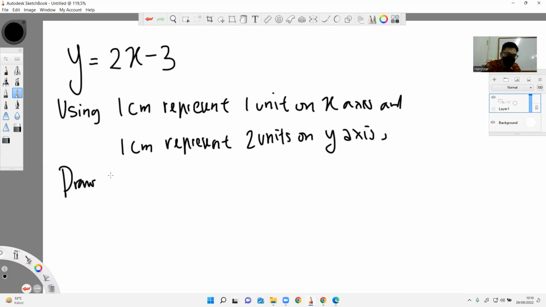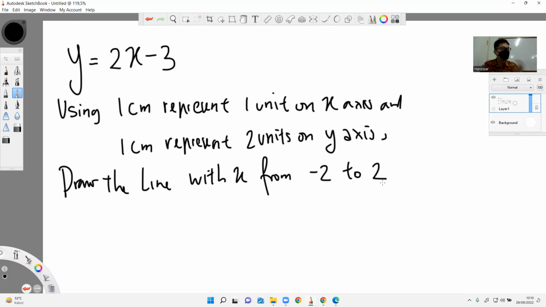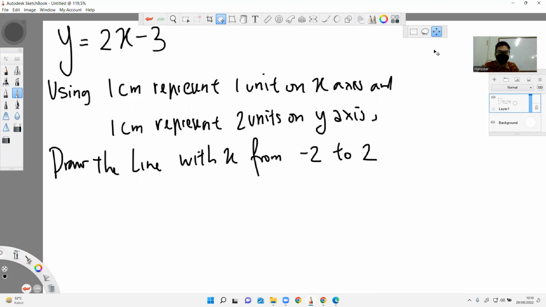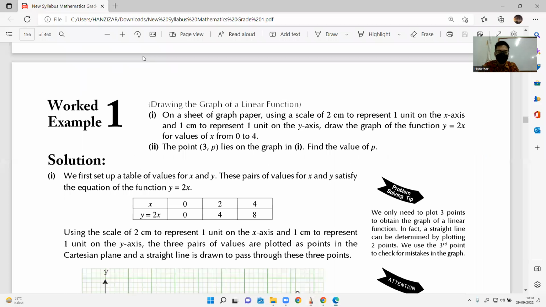Draw the line with x from -2 to 2. Okay, this is the question. I think you can see the question quite clearly: using 1 cm to represent 1 unit on the x-axis and 1 cm to represent 2 units on the y-axis, draw the line with x from -2 to 2 using the help of your graphing paper. So I will give you the example of doing this. I want to find the millimeter